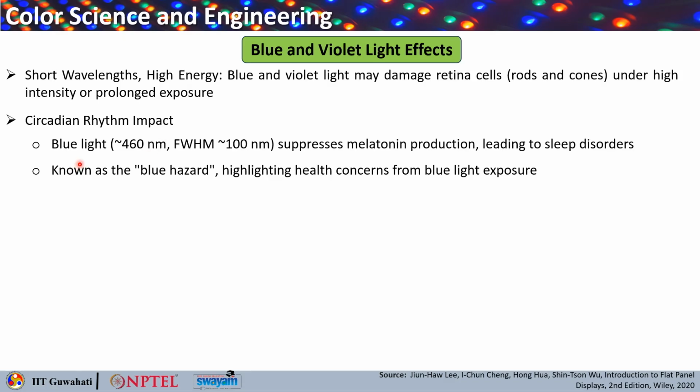The blue light, which is around 460 nanometer, with a full width half maximum of around 100 nanometer, basically suppresses the production of a chemical called melatonin. So, it leads to sleep disorders. This is also known as blue hazard,